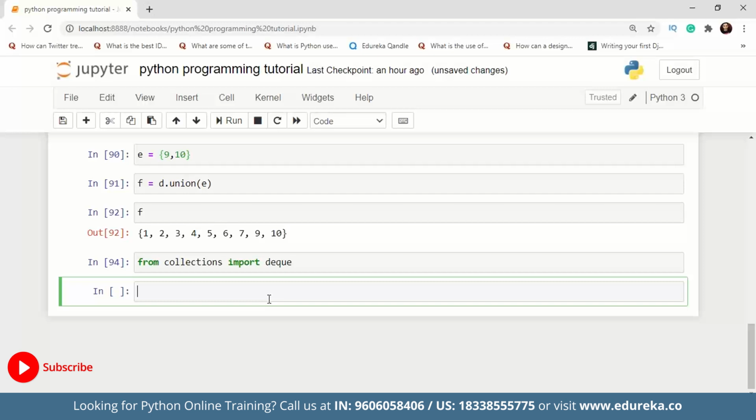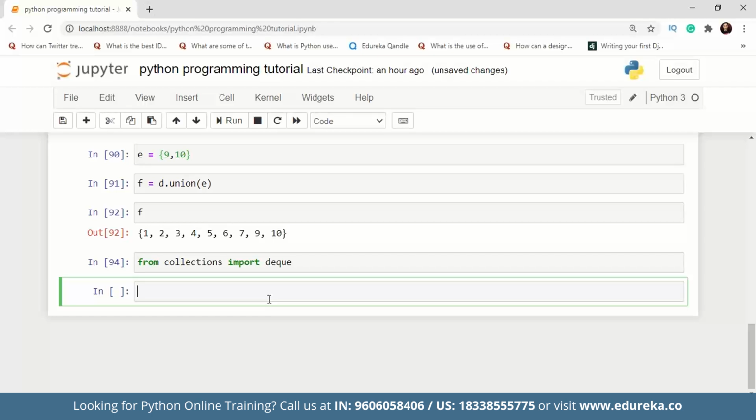Talking about namedtuple, it returns a tuple with named entries, which means there will be a name assigned to each value in the tuple. It overcomes the problem of accessing the elements using index values. With namedtuple, it becomes easier to access these values, since you do not have to remember the index values to get a specific element.